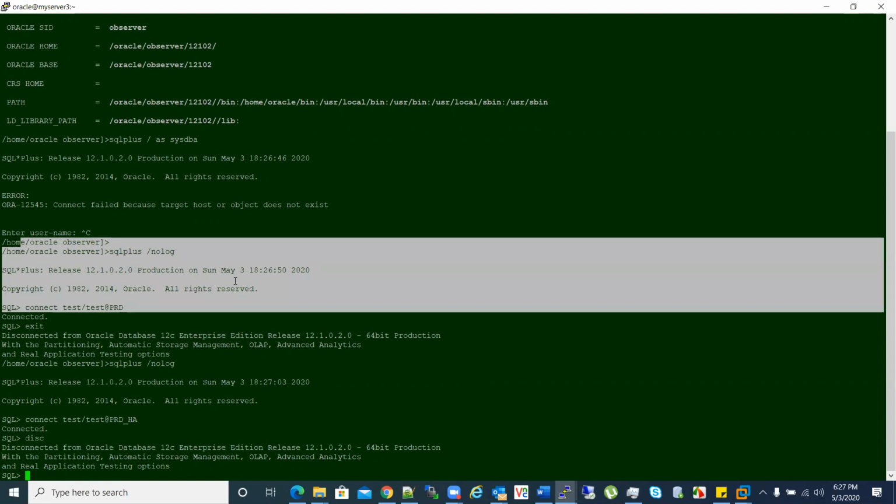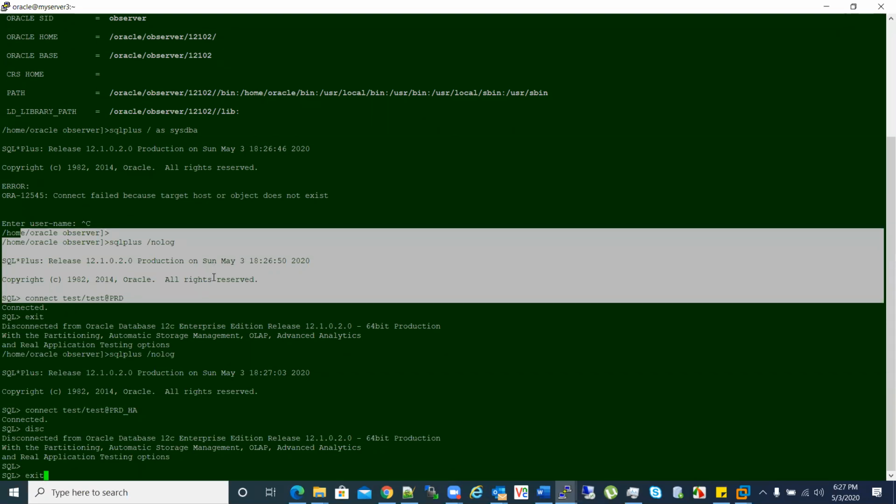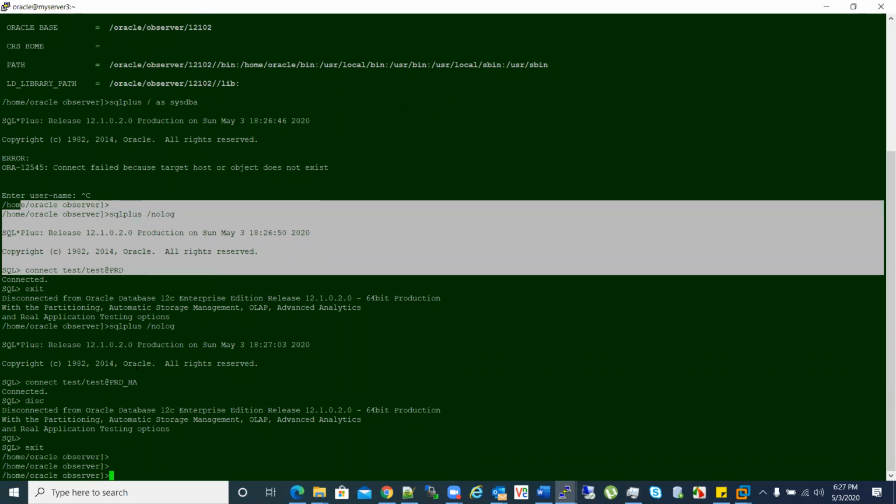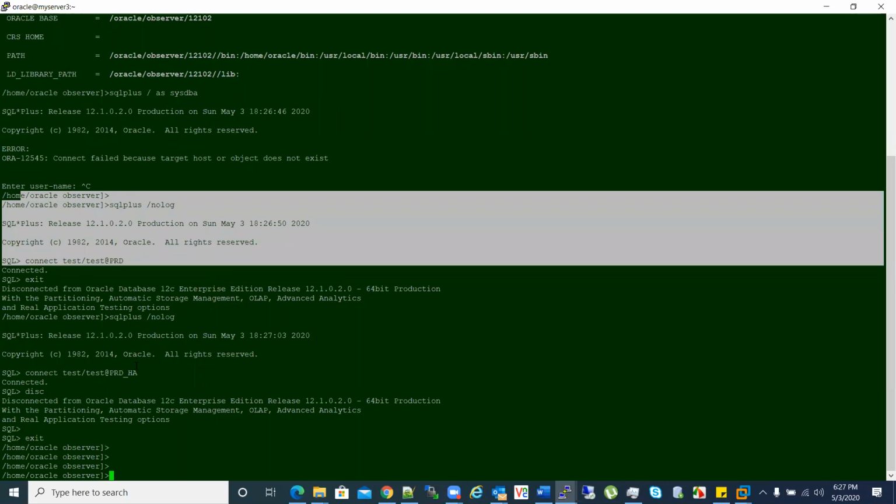But whenever any application connects to the database, they are using something called connection pooling. There will be so many dispatchers. Dispatchers are nothing but channels used to connect from the application to the database.